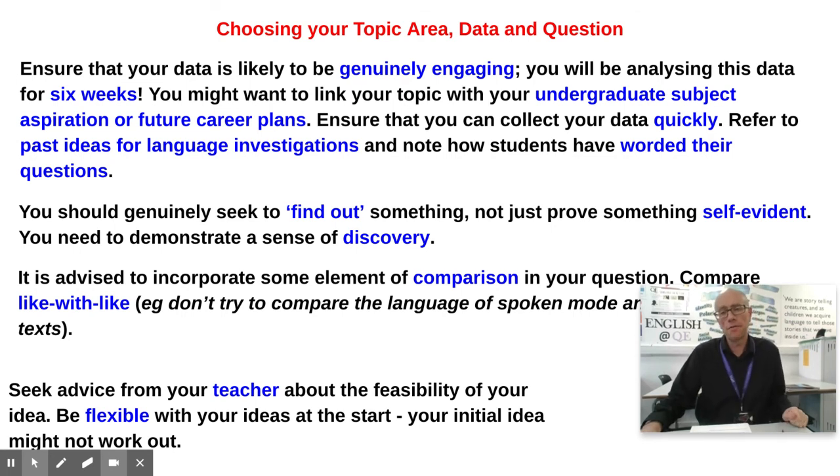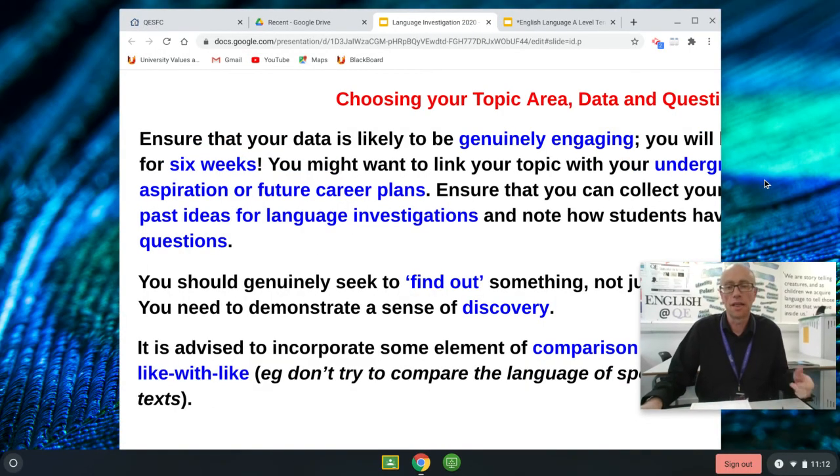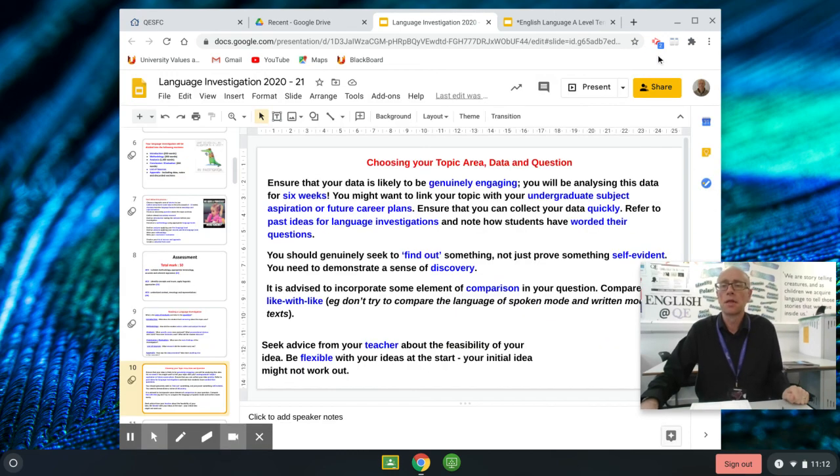Okay, so we're going to leave it there as an introduction to the language investigation. And in the next one, we're going to be looking at other areas. We're going to be looking at possible data examples, and we're going to be thinking about the different modes that you might choose on your investigation, i.e. is it going to be written or spoken or some kind of blended mode text. So I hope that's been a